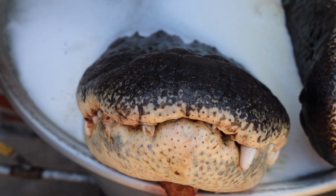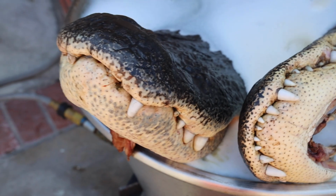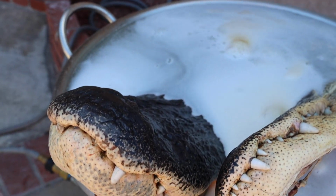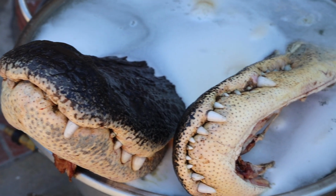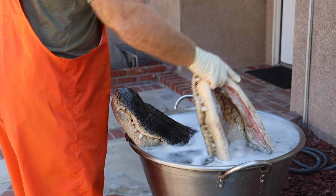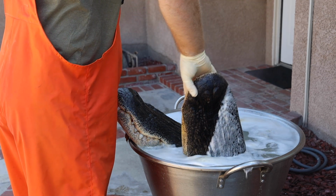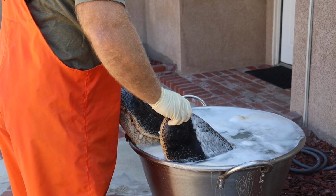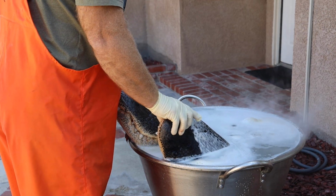First things first, I'm going to put as much of that gator noggin as I can down in the water, and I'm going to bring it to a boil with a little dish soap to help things degrease. Now, I'm not necessarily taking grease out of the bone as I am separating the grease from the water, if that makes sense. We're gonna boil until we get things loosened up, and then I'm gonna take a hot water